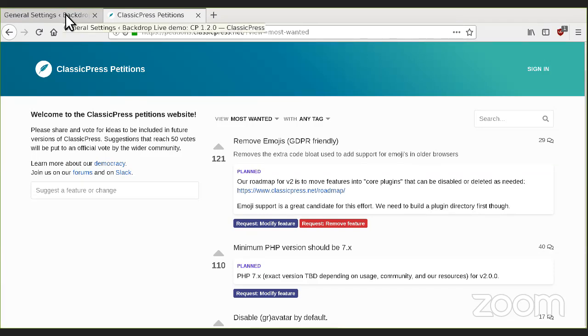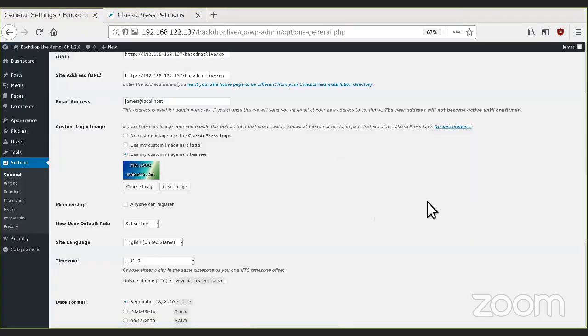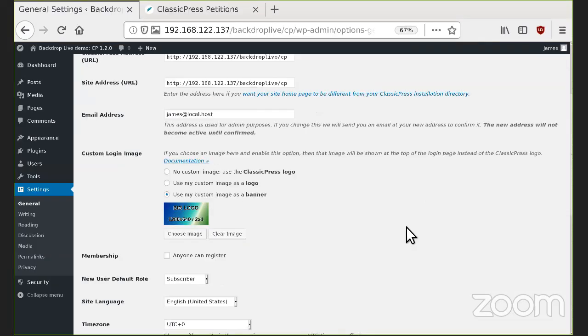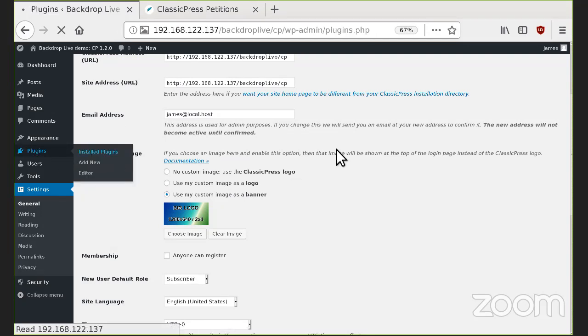Yeah, and really the majority of the work that we've done so far on ClassicPress has been learning how the upgrade system works and switching that over to use ClassicPress servers and APIs instead of WordPress. And next we'll be focusing on doing the same thing, but for plugins. So letting people publish their plugins for ClassicPress and have those appear here in the dashboard under